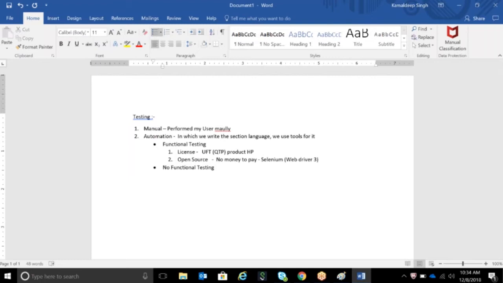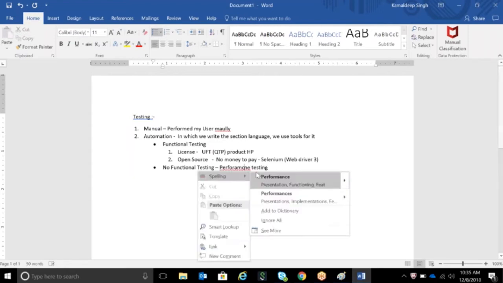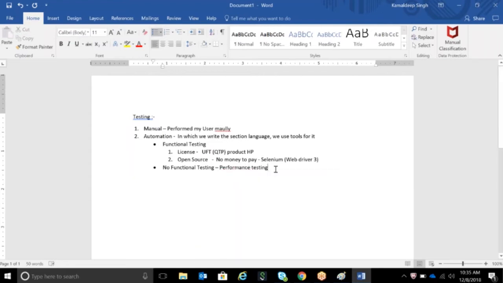So non-functional means performance testing, or you can say security testing. What do performance testing and security testing mean? Performance testing is where you check the behavior of an application.